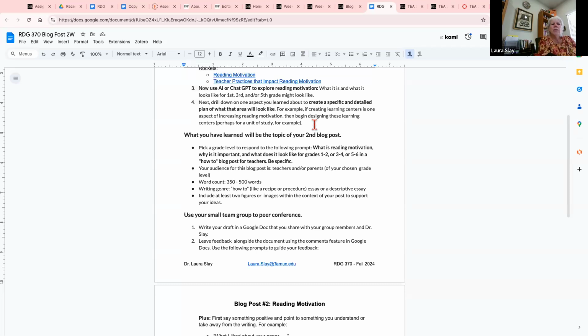It's about 350 to 500 words. 350 is about a page long, so you can double that depending on your writing style. And what's your genre? Okay, so your genre is the how-to, kind of like a recipe or a procedure, or